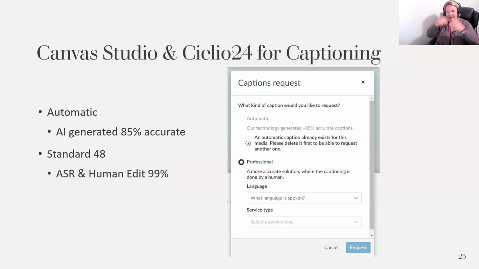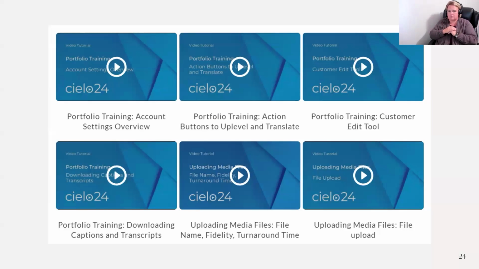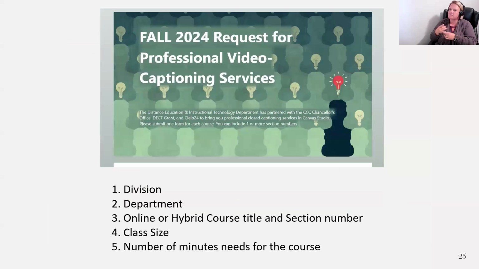Yay! So the way that it works, you go into Studio and you will select the captions button, which is what comes up here. If you already have auto captions, you have to remove those. It'll ask you to remove them. Okay, yes. And then you submit the video. It doesn't go anywhere, it stays there, but it is submitted for captioning. There are trainings through the company that are online that you can briefly go over. They're anywhere from 5 to 7 minutes. Oh, so they're easily digestible.